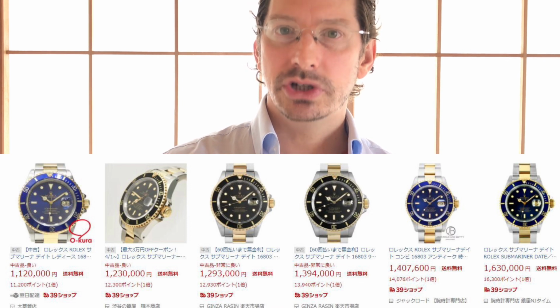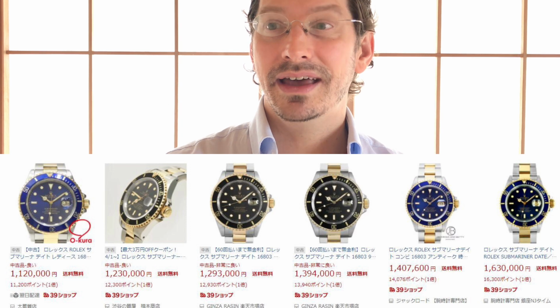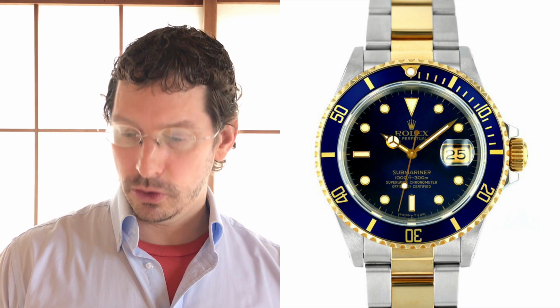but if you want bluesy and you want box and papers, you're going to have to spend more, about $4,000 more. And for a beautiful bluesy, it might be worth it. And that's number 6. It's the most expensive. It's from 1986 though. That's the thing. It's not a birth year watch. Box, papers, 1,630,000 yen. Beautiful. For me, for my money, it's tough because the bluesy is beautiful, but